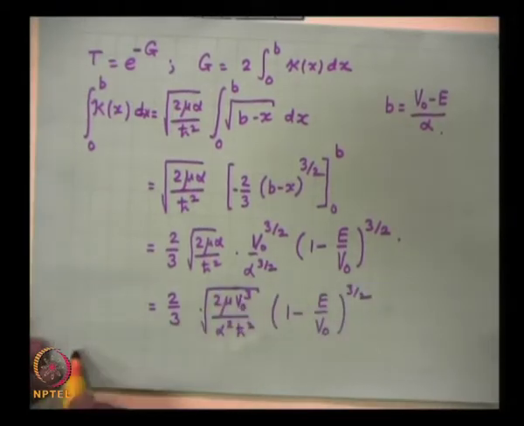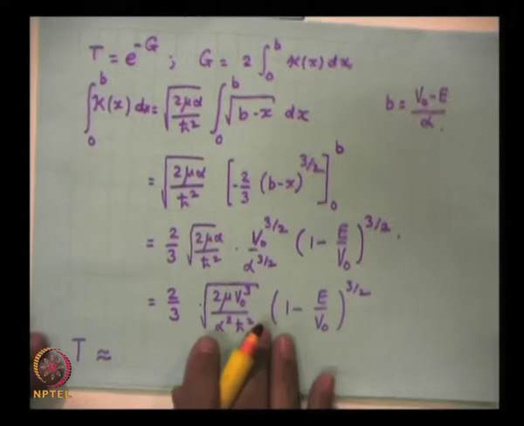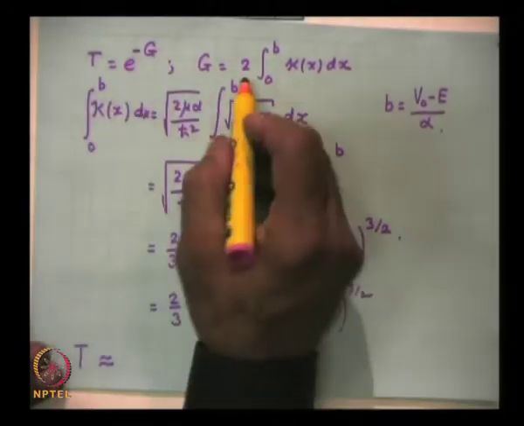So, therefore, the tunneling probability in the WKB approximation will be equal to e to the power of minus 2